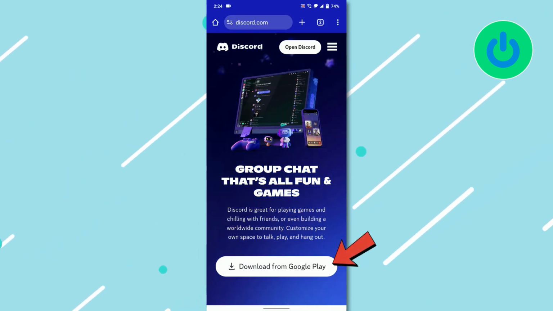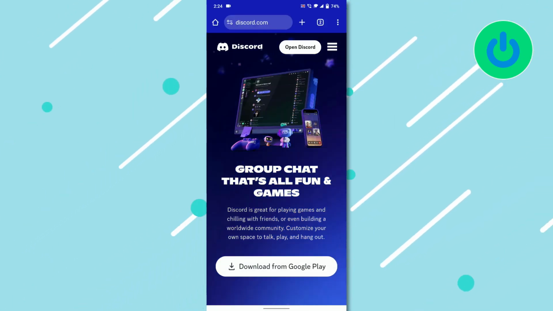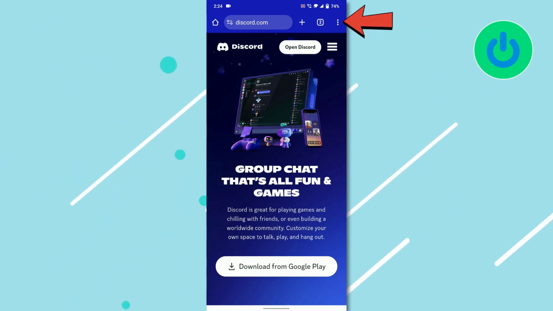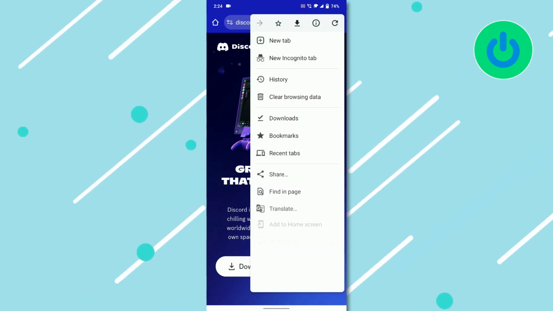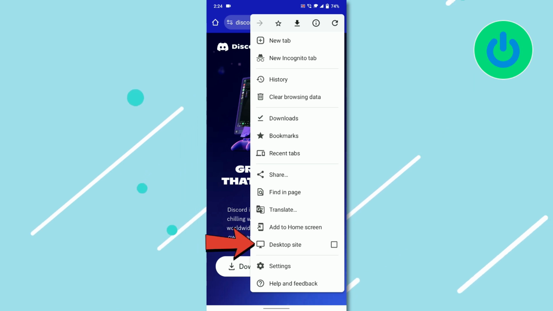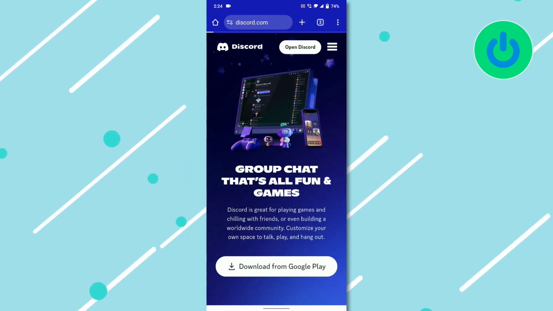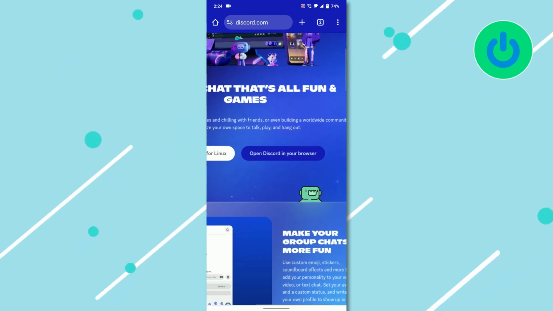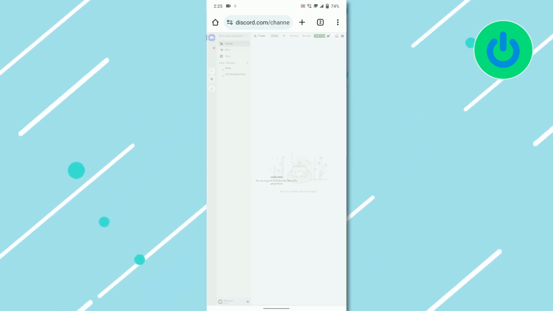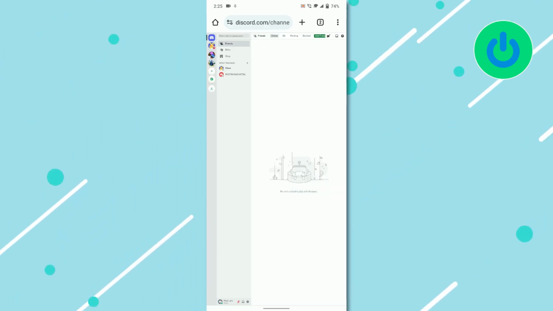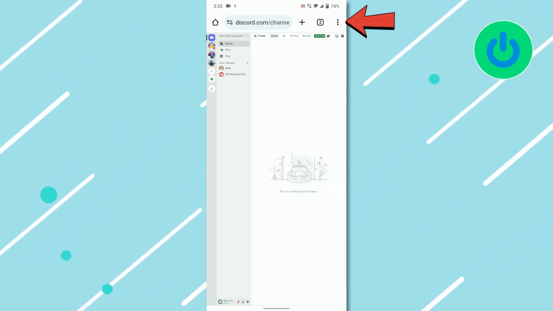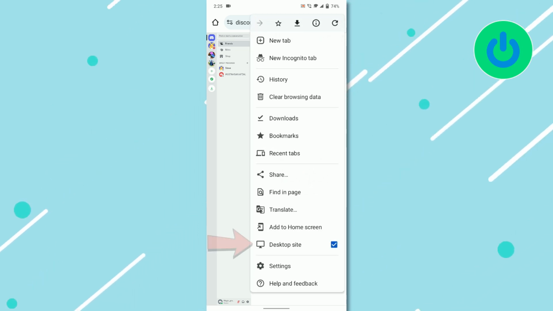You'll see a prompt to download Discord from Google Play, but what you actually want to do is tap on the three dots in the top right corner of your browser. Find and tap on Desktop Site to enable it. Then tap on Open Discord in your browser and log into your Discord account. Once you're logged in, you can go back to the mobile site by tapping the three dots again and disabling